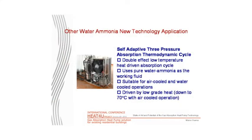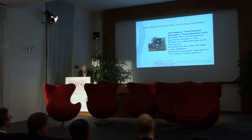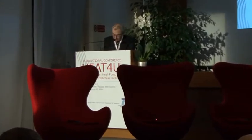Water ammonia absorption technology is the base for new multi-stage cycles that can be driven by low temperature waste heat to deliver free air conditioning or refrigeration. I am personally following the development of an air-cooled refrigeration prototype using a pure water and ammonia dual lift absorption cycle driven by hot water from 70 to 95 Celsius. And this new absorption development concept could offer several new opportunities, including